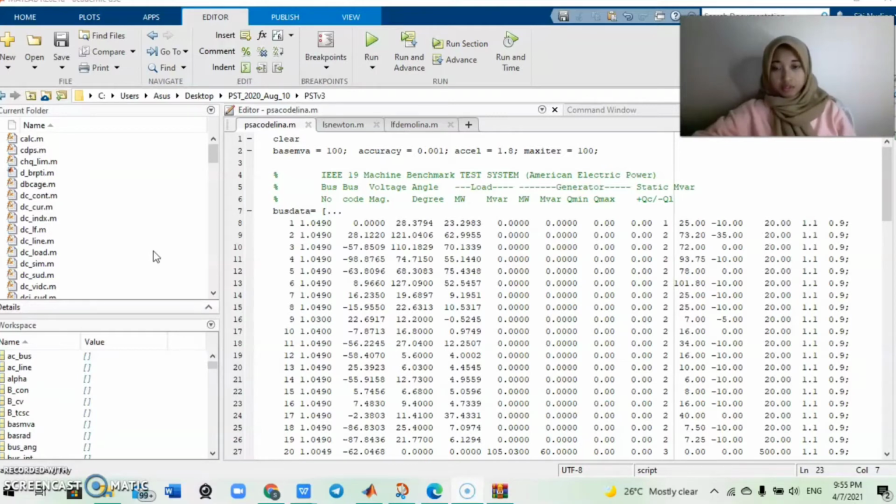Now I am going to explain a bit about the simulation and the result obtained for our test system, that is 19 machine benchmark. First, the methods that we use to solve this problem are Gauss-Seidel method and Newton-Raphson method. For the Gauss-Seidel method, we use the coding from Hadisada toolbox, while for the Newton-Raphson method, we use from